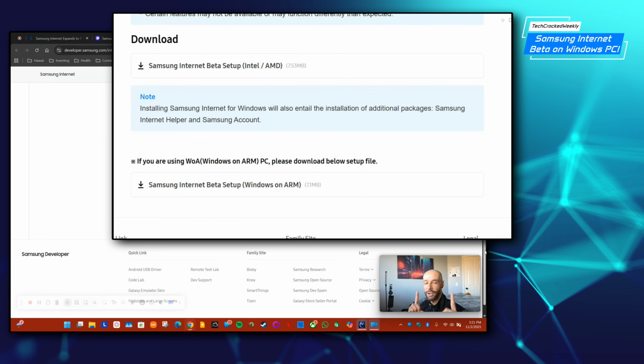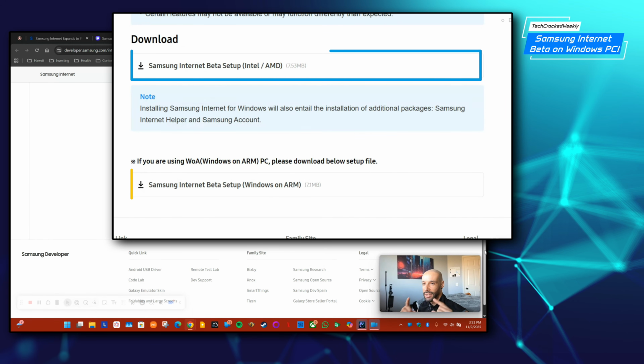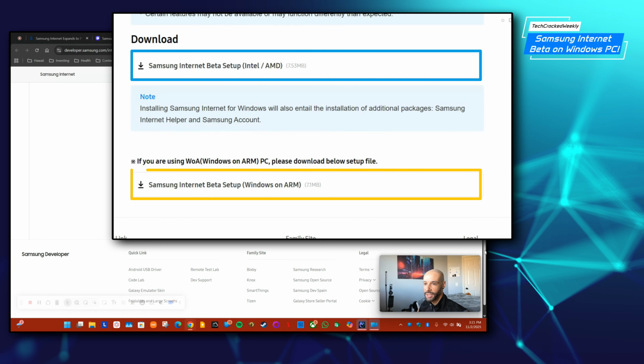So we do have our download options. First, we're going to have the Samsung Internet Beta setup for Intel or AMD. Then underneath this, we're going to have, I would say, the less common option, which is why it's listed last. Samsung Internet Beta Setup, Windows on ARM. Now on my Galaxy Book 4 Edge, that's Windows on ARM. I already did that. So I tried that method and it worked fine on my Galaxy Book 4 Edge, but